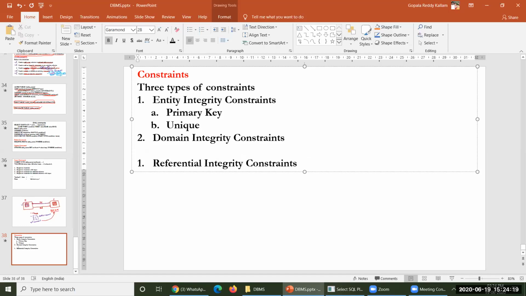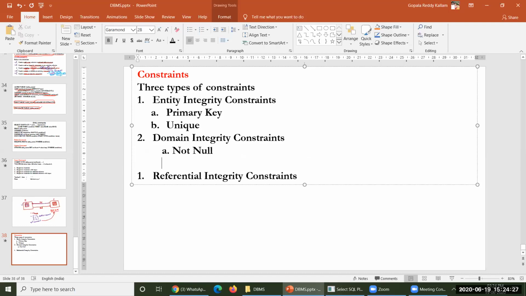Number one A is not null, and B is check. And for referential integrity, only one thing is available, that is foreign key. Of course, sometimes we may use references. Foreign key with references, so you may use those two.